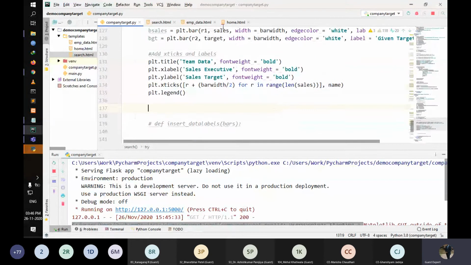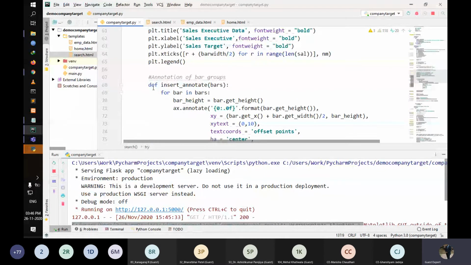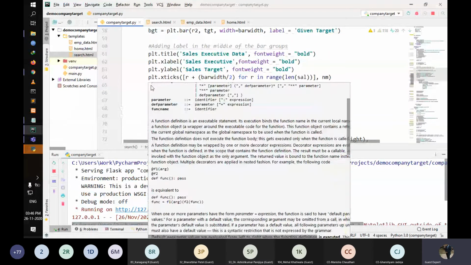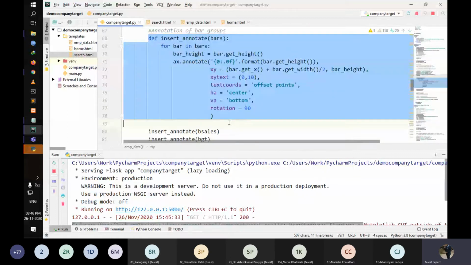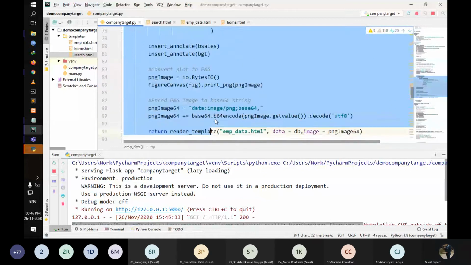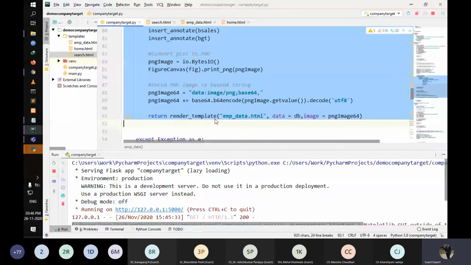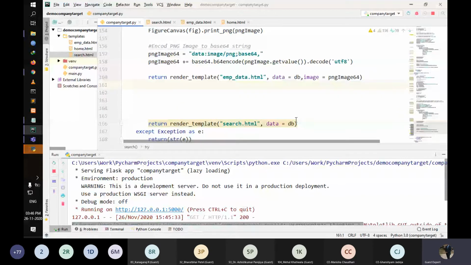Copy the code you have already created. Yes. Just remove the render template.